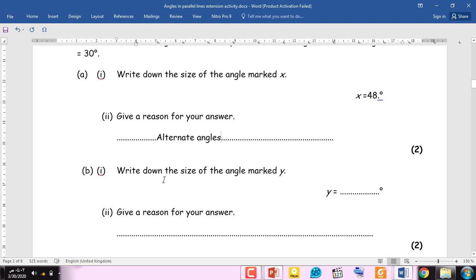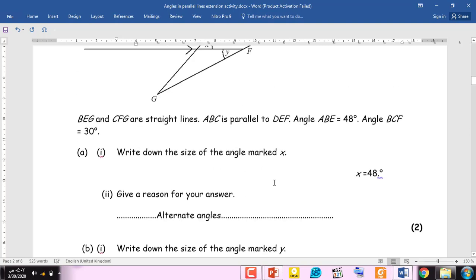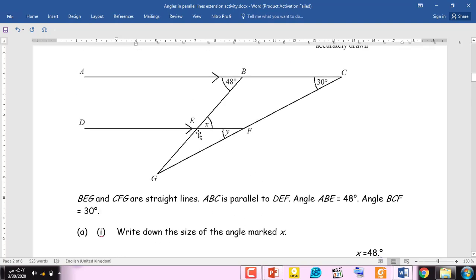Number B, write down the size of the angle marked Y. How can I find the value of Y? This is the same thing. Can we draw any letter from the letters we know? Can we draw C, F, or maybe Z to have the value of y? Just focus with the angle BCF,